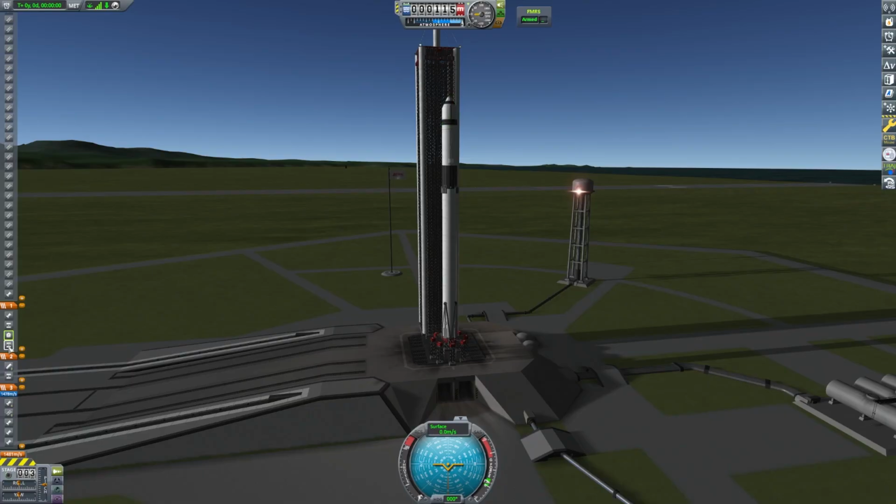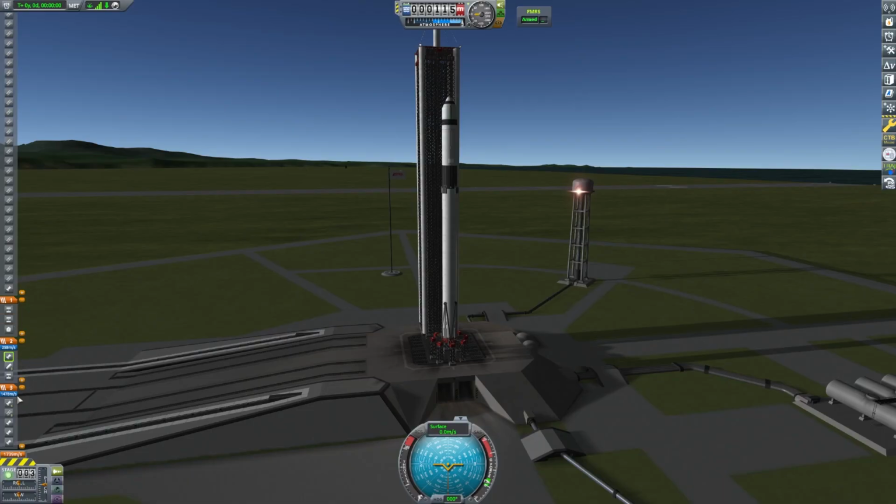So on our second stage, our payload icon was there, and that's our payload fairing. It allows us to separate the fairing and release the satellite. And that fairing protects the satellite while we're accelerating out of the atmosphere. So we're moving that to the payload stage and moving some of these other icons like our separation systems to the second stage, which is going to help us separate our second stage from the first stage when we have